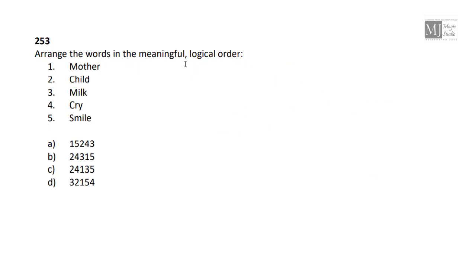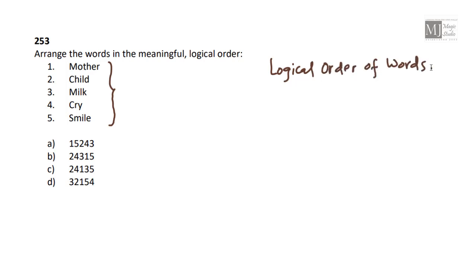Arrange the words in the meaningful logical order. 4-5 words would be given to us, and we need to arrange them in such logical order so that we can get a story out of it. That is, logical order of words in verbal reasoning. You will again get an entire video on logical order of words with exercise and practice set and few questions solved for you in the playlist CTS and TCS. I'll recommend you to please go through it.